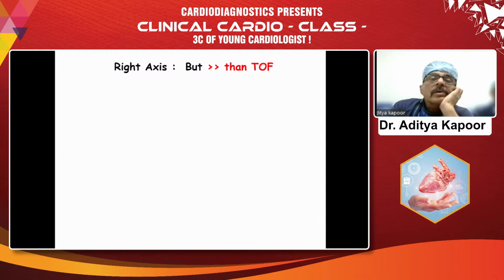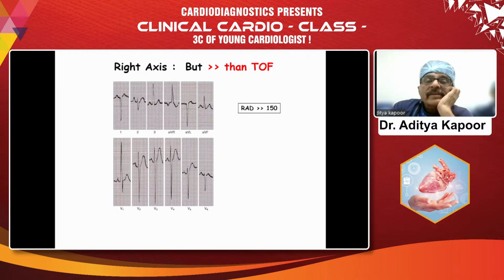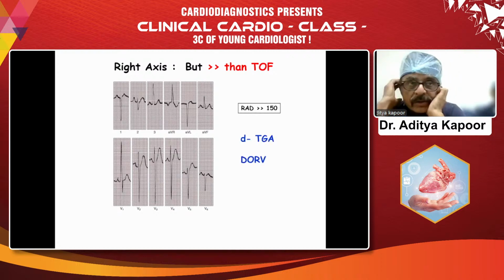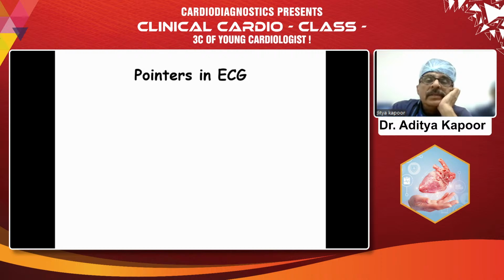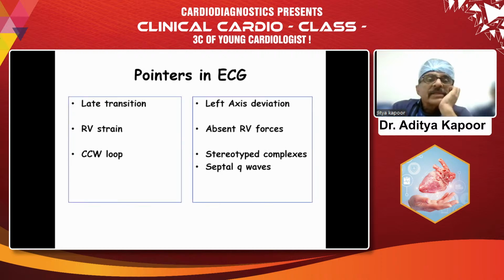So if you see here, the right axis is more than 150. So this is in transposition or DORV. Both will have RVH, but the axis is usually more rightward than in tetralogy. Now, pointers in ECG. Remember these 5-6 things: late transition, RV strain, counterclockwise loop, left axis deviation in a VSD